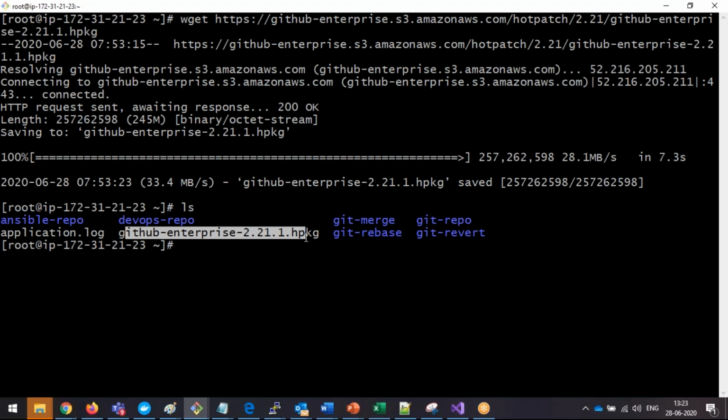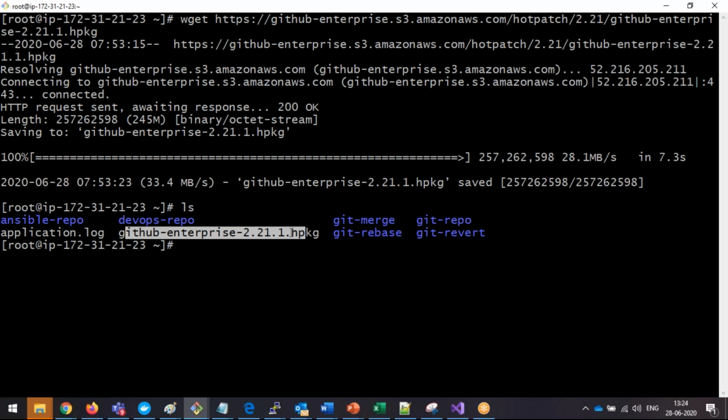Now what I am going to do is connect from here to my GitHub Enterprise server, wherever my server is located. Then I am going to copy this file 2.2.1 into our server, right? We have discussed copying also: SCP, secure copy, or WinSCP. There are multiple ways we can copy data from one server to another server. So with the help of SCP, WinSCP or FTP, we are going to copy this package file into